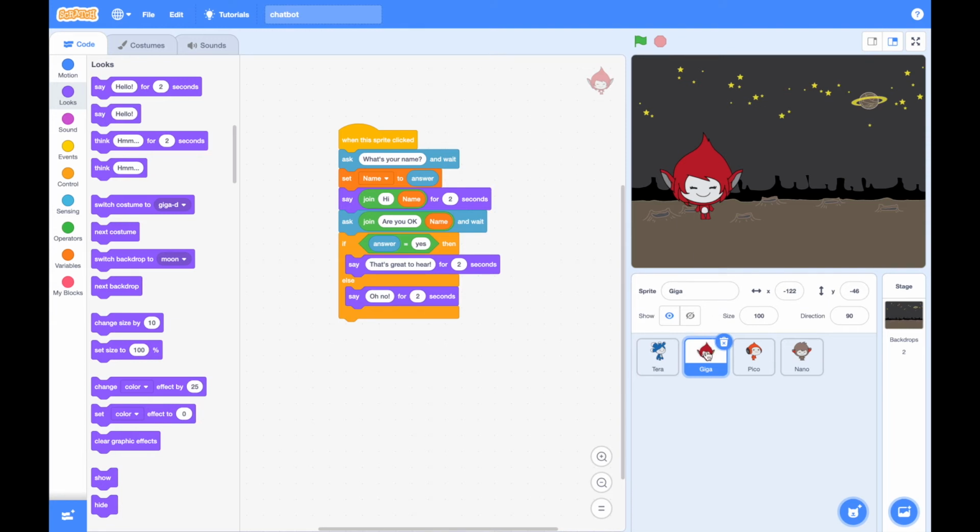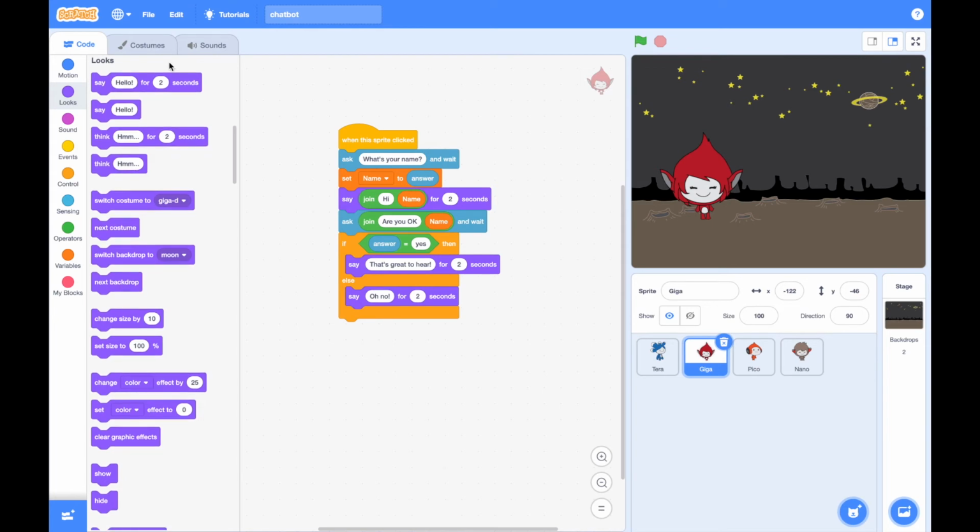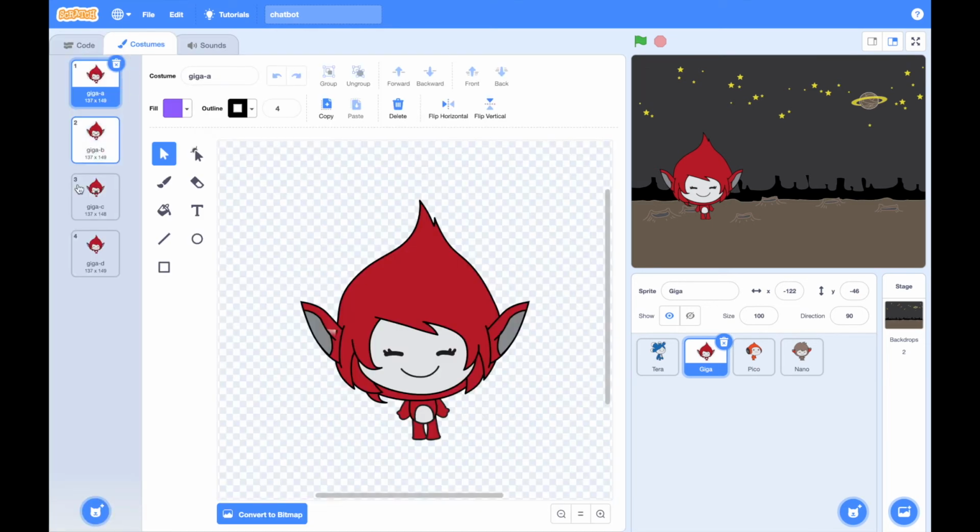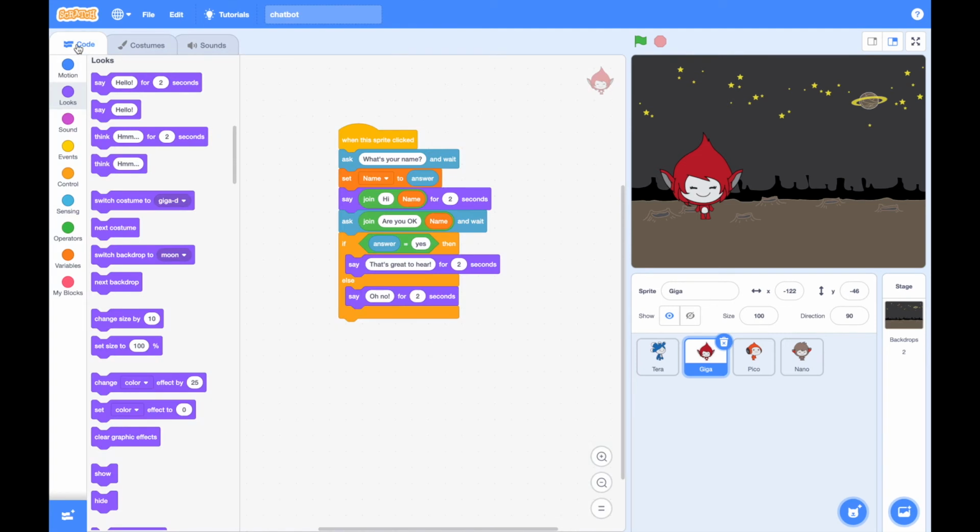So what we can do is in the sprite we can check the costumes, because if you see there's a sad face, there's a real happy face, smiley face, and then there's just a normal smile. So we can put these in different sections to make the sprite react as it's going along. So we can switch the costumes, alright? So what we can do is we can switch to costume,